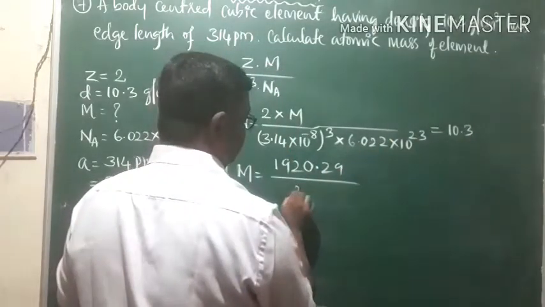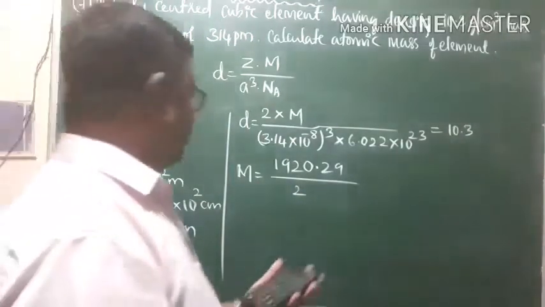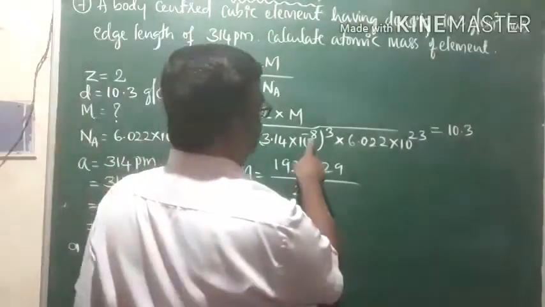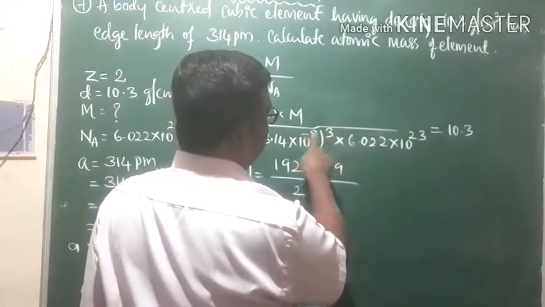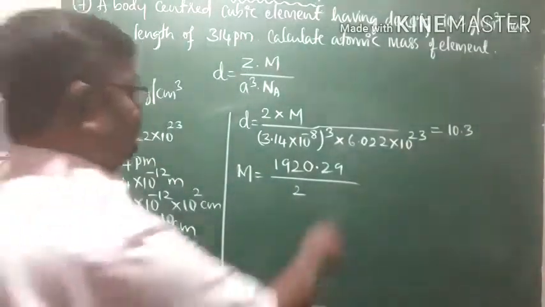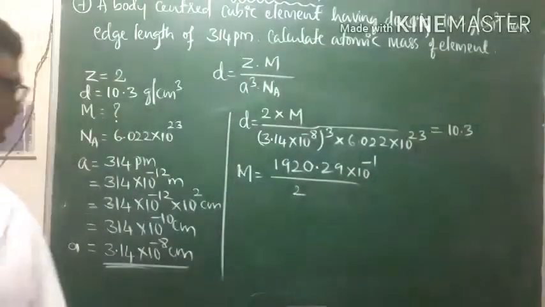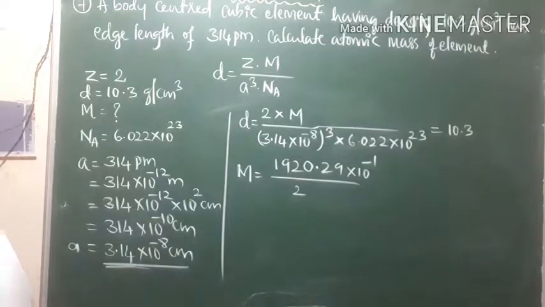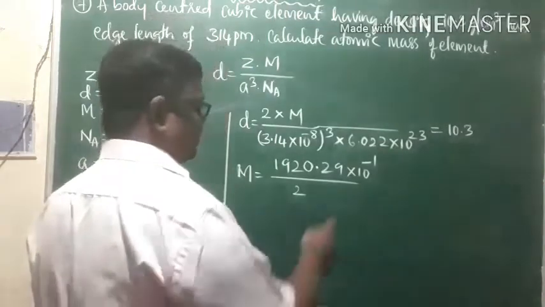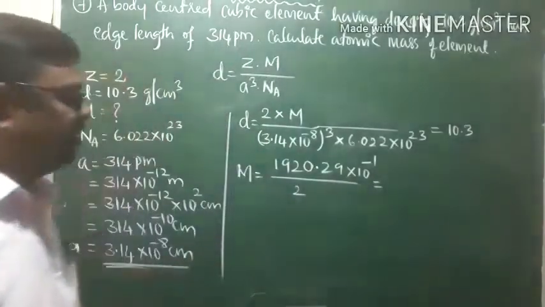What about the denominator? It will be equal to 2. And another thing you are supposed to write: minus 8 into 3 is how much? Minus 24, and minus 24 plus 23 is how much? 10 to the power of minus 1. Then you divide this by 2. Divided by 2, we're going to get 960.0. Since there is again 10 to the minus 1, it will be 960.1 divided by 10, how much is it?